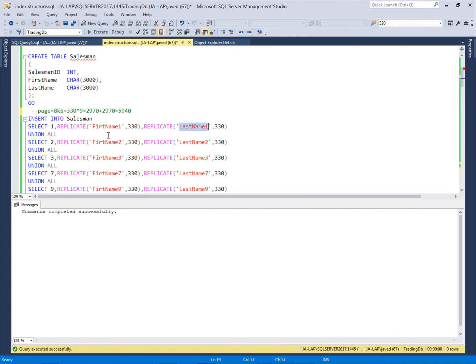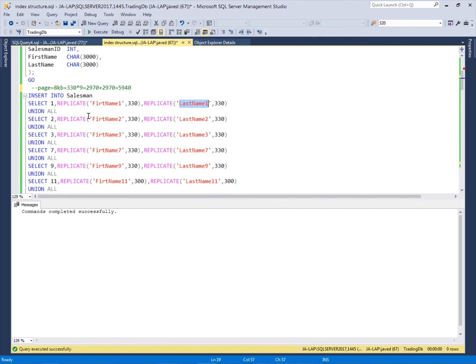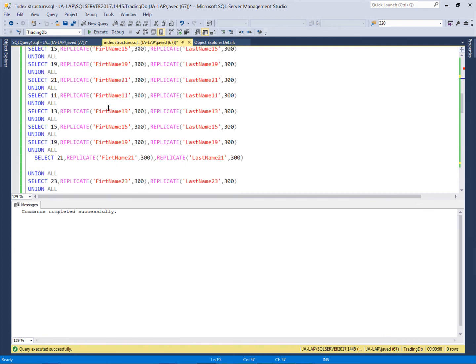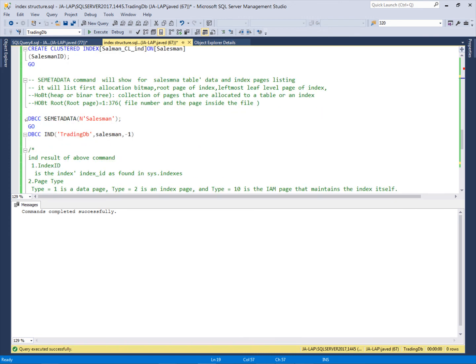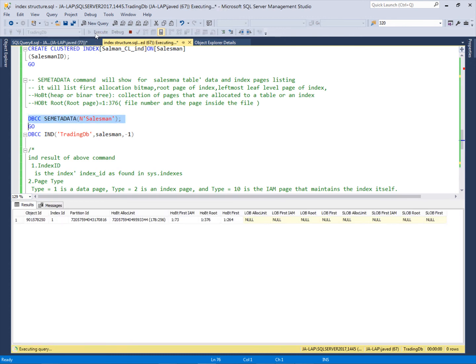So we will check the index structure, we will check these pages, to see what data actually exists on these leaf level pages. We will check all of that now. So this is the DBCC command. This command will give us the metadata for this salesman table, and this metadata will give us some columns.